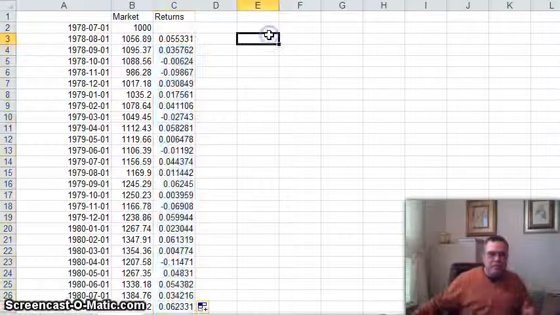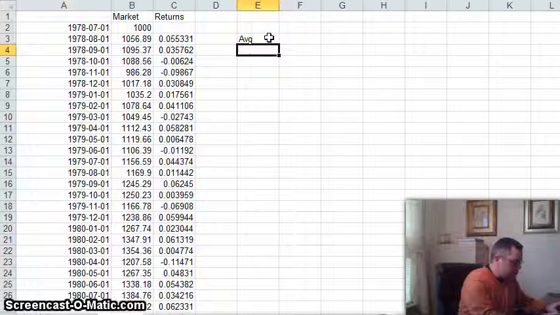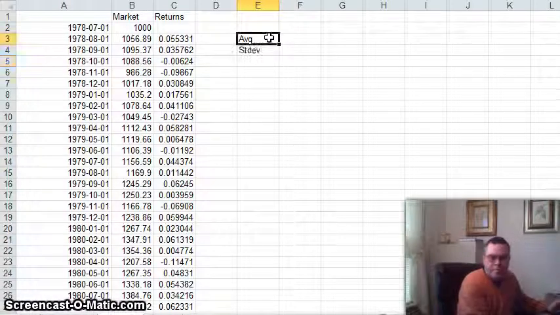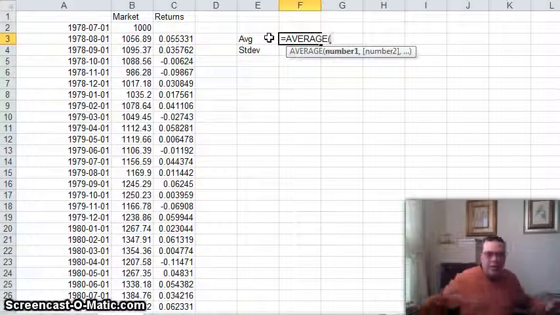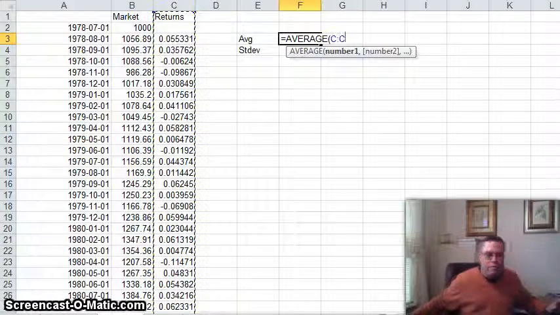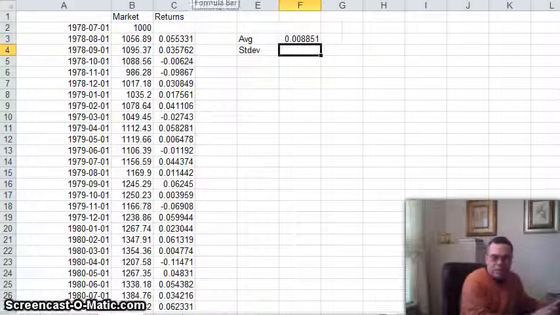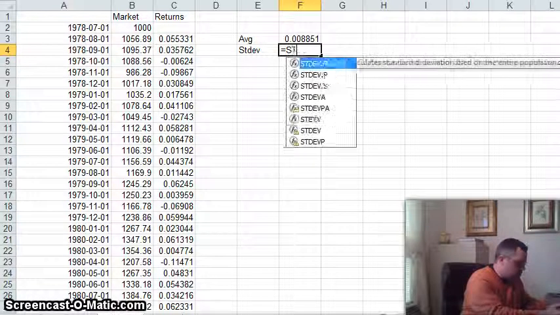Then, to get an average and a standard deviation, there's functions for both of those. I hit equals average, I select this column, or I hit equals standard dev